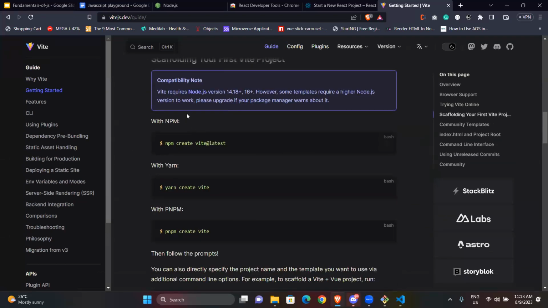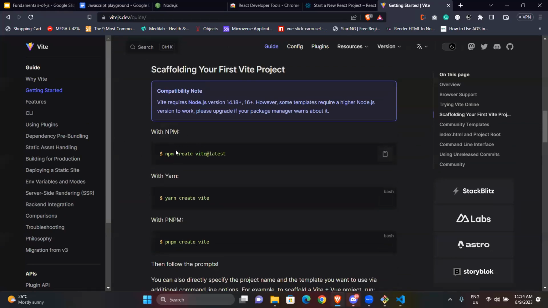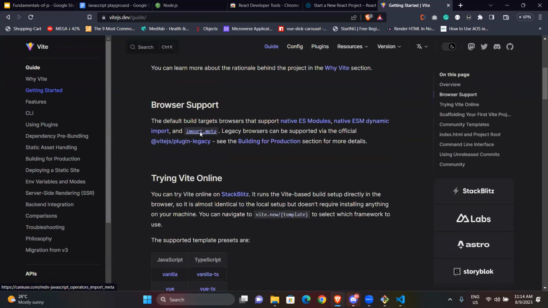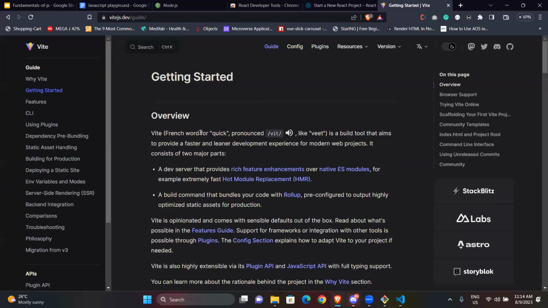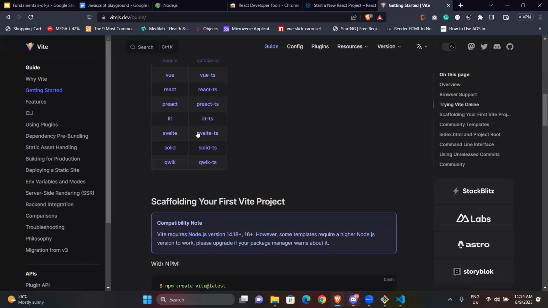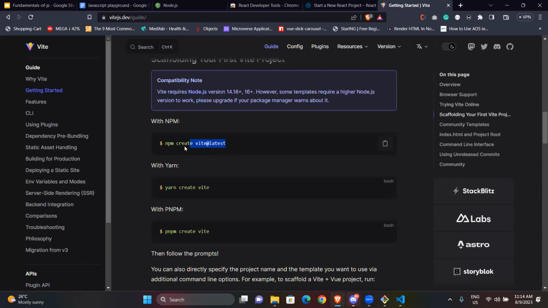So it's easy to run. What you just need to do is npm create vite@latest.